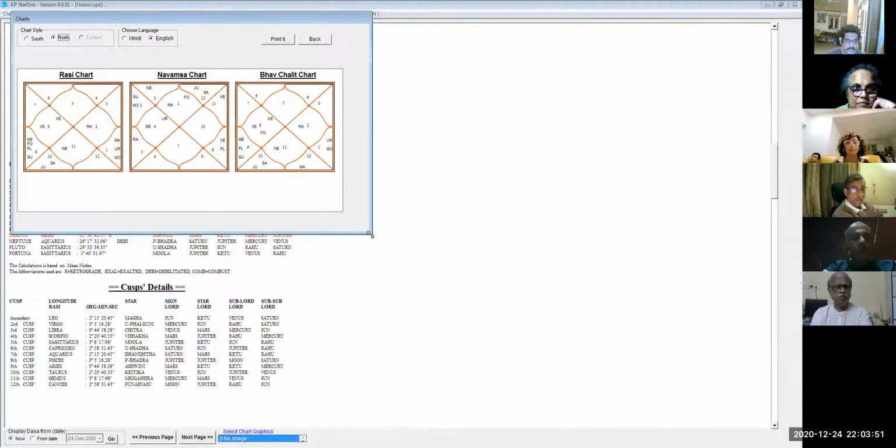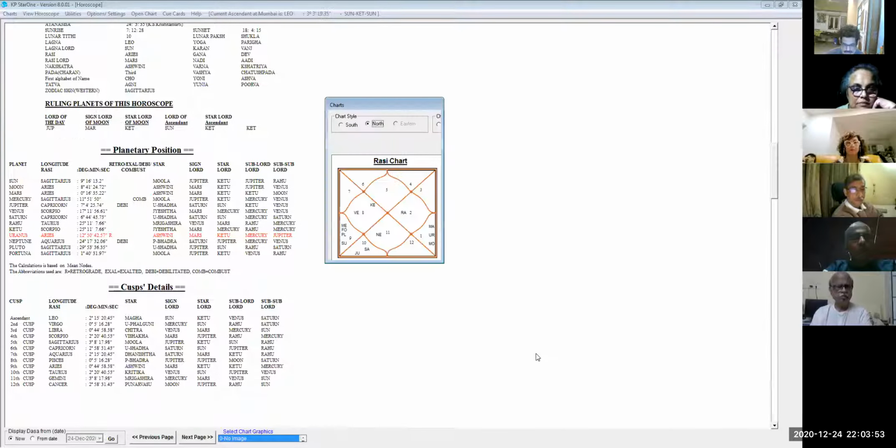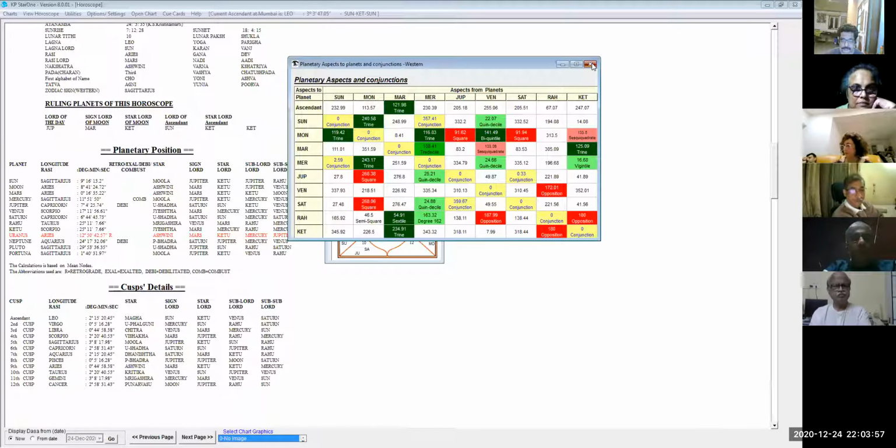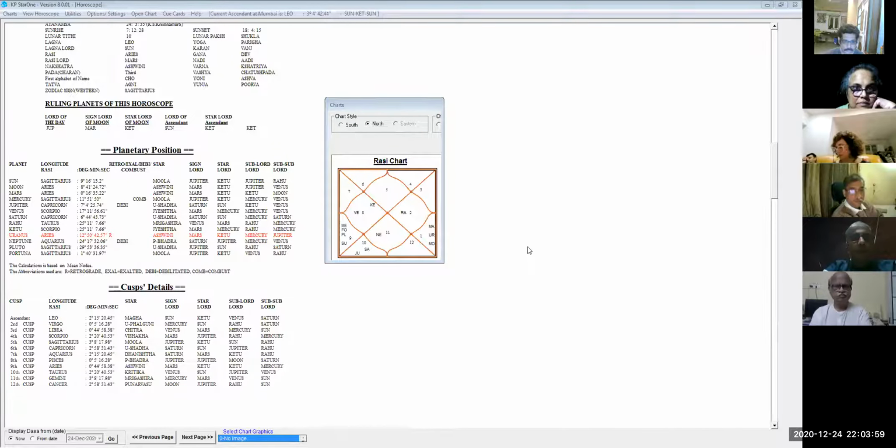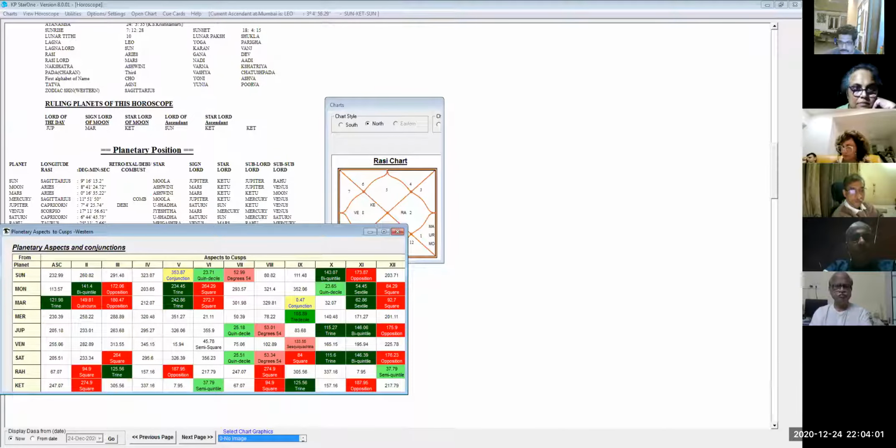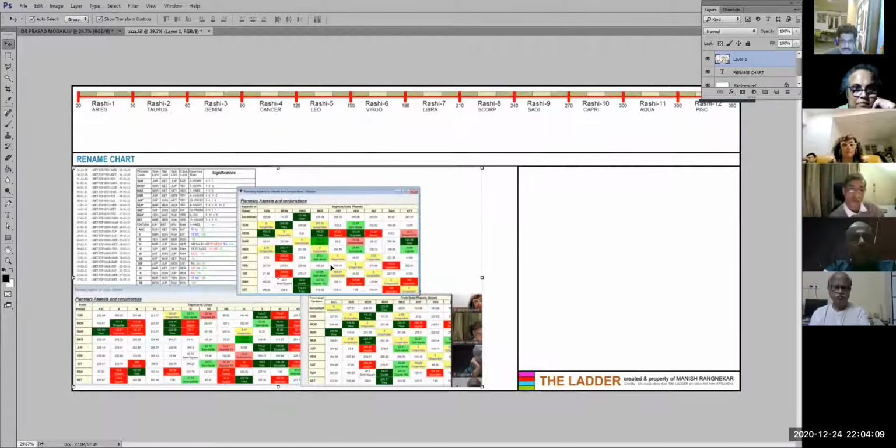Just scroll it here, keep it this way. Again, print screen. Go to Photoshop. So I'll have to stop this and go to Photoshop. Sorry, I have to keep jumping between softwares. It will not open together on Zoom. Once I'm here, I just do a Control V.